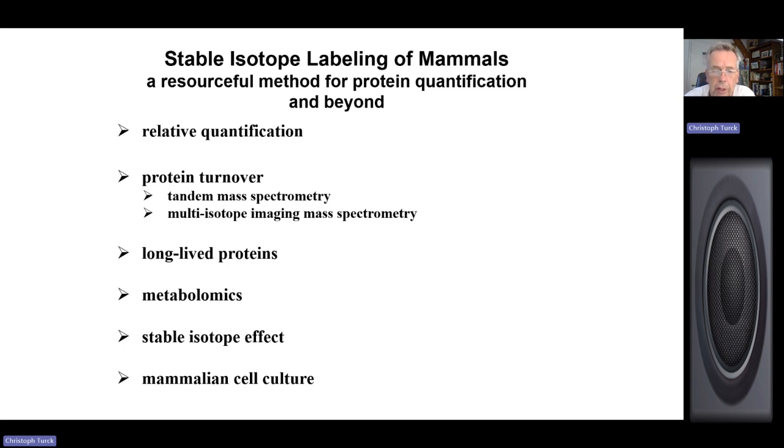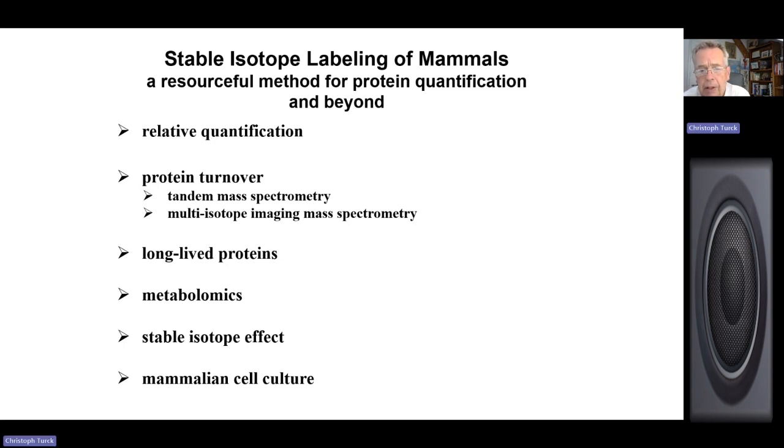I will tell you initially about relative quantification of proteins by mass spectrometry, just like the Yates lab was doing in the beginning. Then I'm going to switch a little bit to not looking at the static proteome, in other words, not taking snapshots, but we got interested in protein turnover, which appreciates a lot more the dynamic nature of the proteome. As we all know, unlike the genome, which is static, the proteome is a dynamic entity. In order to understand it, it's not enough to take a snapshot photo, you actually have to take a movie.